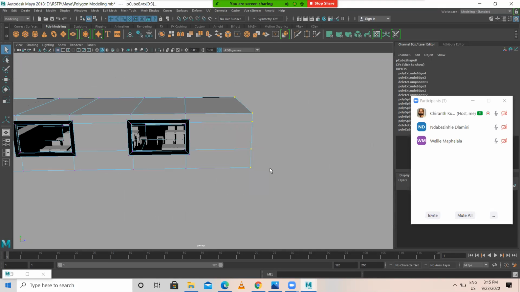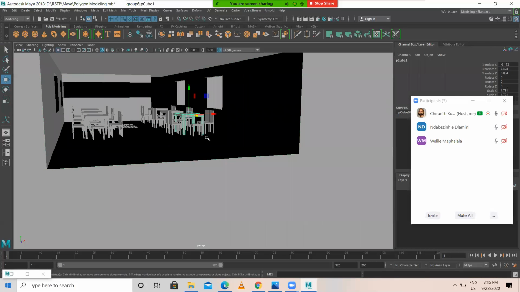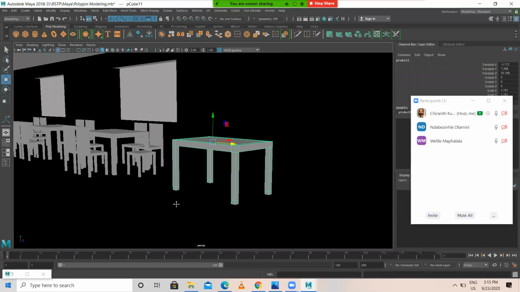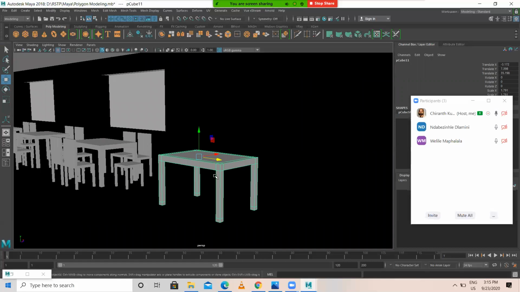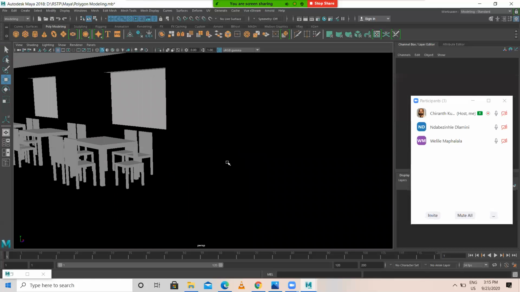Then I'm just selecting this vertex and moving it up to here. I need to create one more table. I duplicate this, place it here. I want to make this kind of a reception. Not this. This doesn't look good.